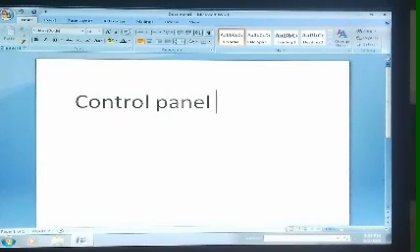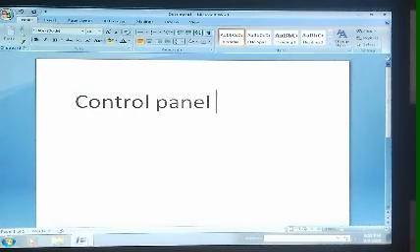This panel is used to make changes to various settings of a computer system, such as Windows look like a desktop background, date and time settings, keyboard and mouse settings, network settings, program installation and removal. You can also control the settings of devices connected to a computer system using the control panel option.